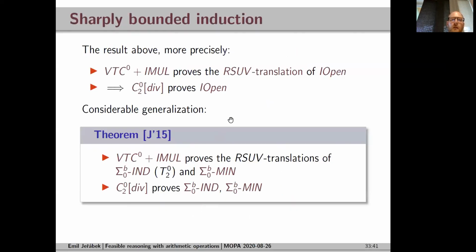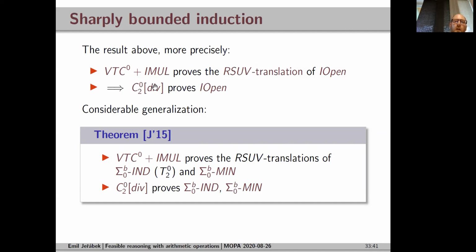So when I said earlier that VTC0 plus iterated multiplication proves open induction for binary integers, what this means more precisely is that it proves the RSUV translation of open induction. And likewise, we can state this in such a way that just this first-order theory, C02, directly proves open induction. And now we can generalize these results to the following,